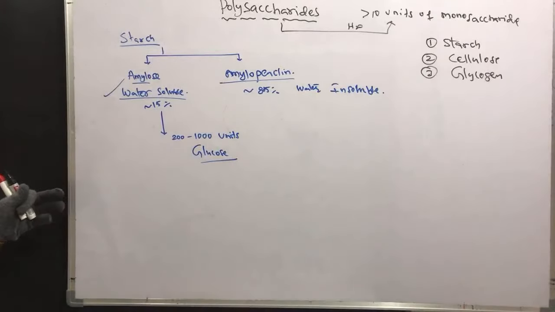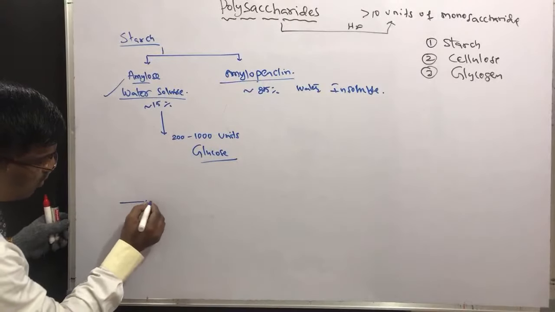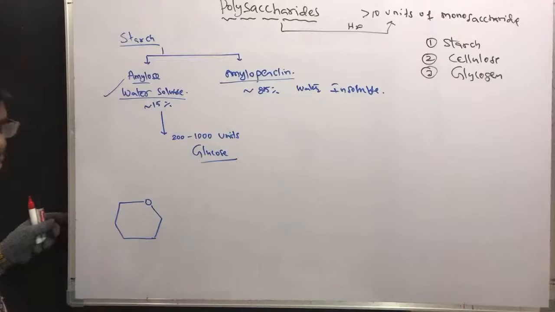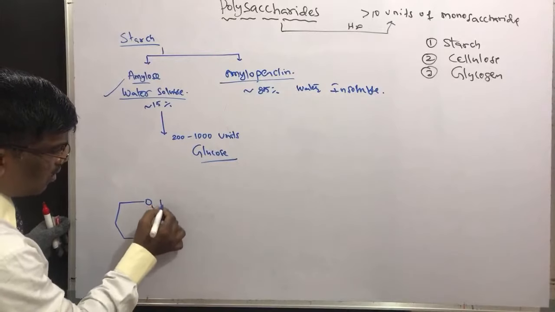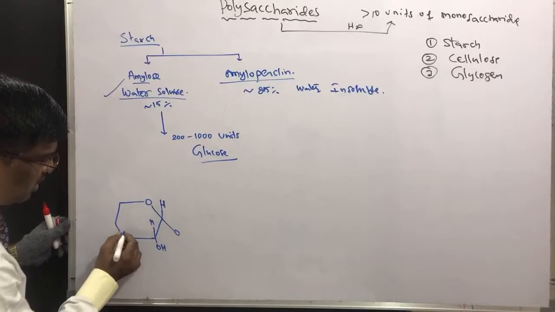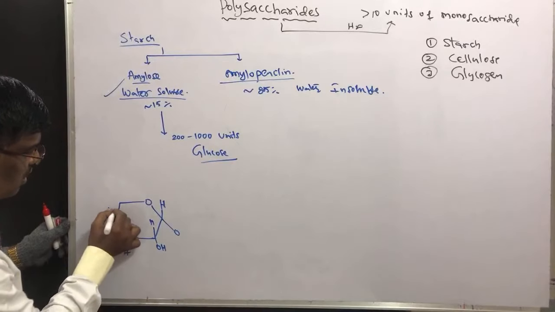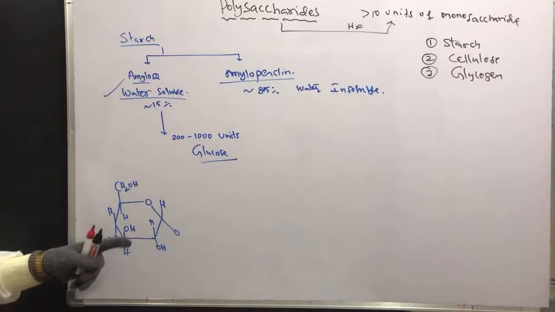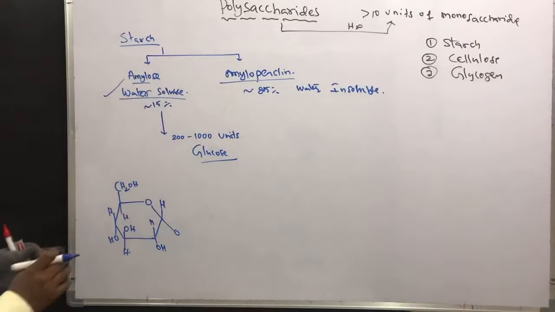Then what is the glucose structure? Yes, we have learned that n molecules of this glucose, alpha D glucopyranose, right? So this is glucose, right? So OH, hydrogen, and this is OH inside, hydrogen, downside, hydrogen, and CH2OH and hydrogen. This is alpha D glucose. It is 200 to 2,000 units. Then how is it going to link up?